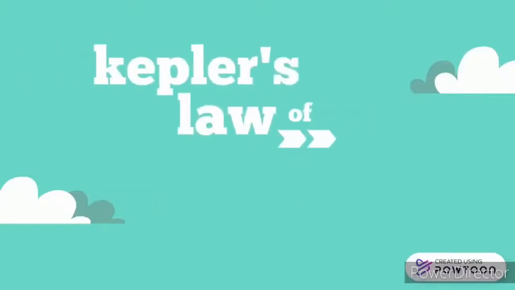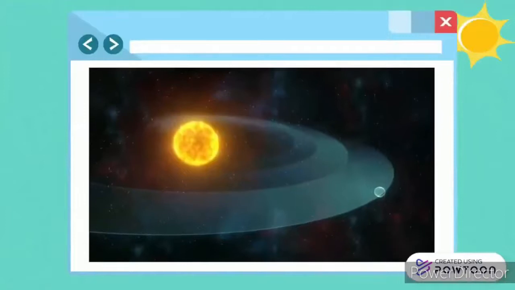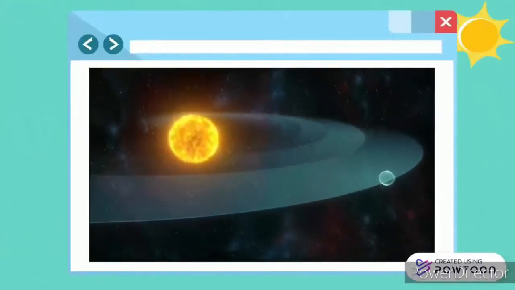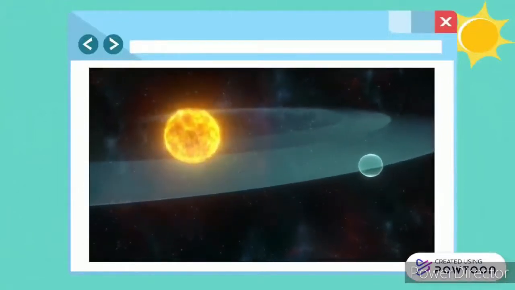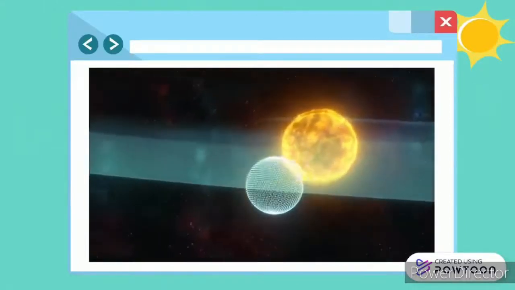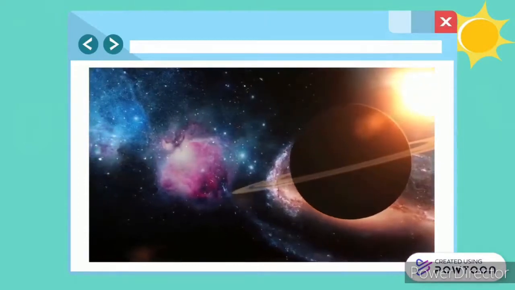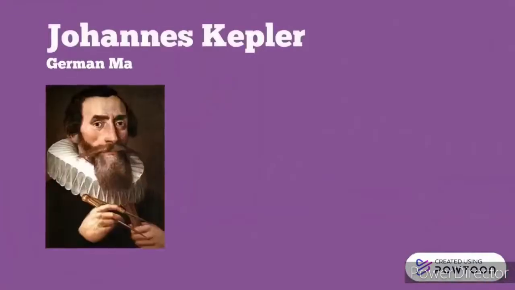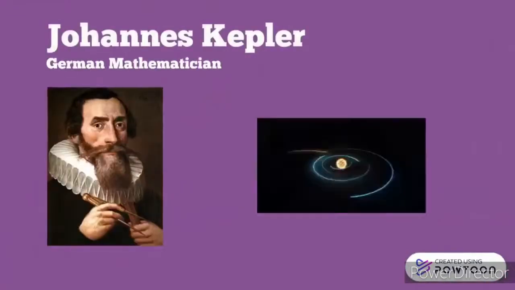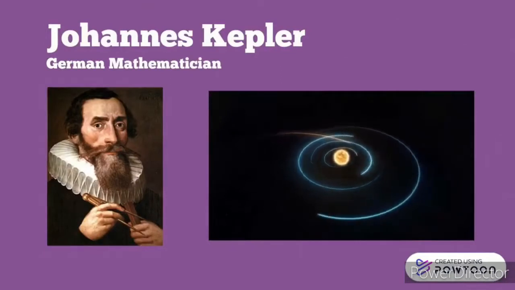Kepler's laws of orbital motion. Kepler's laws of orbital motion are laws describing the motions of the planets' orbits in the solar system. Our greater understanding of this planetary motion would not be possible if it weren't for the work of a German mathematician named Johannes Kepler. Kepler firmly believed in the heliocentric Copernican model of the solar system, which rightly placed the